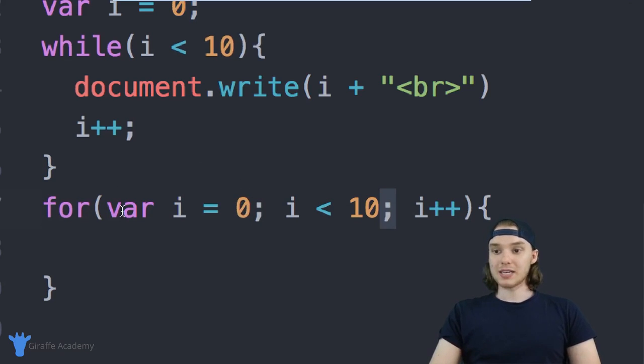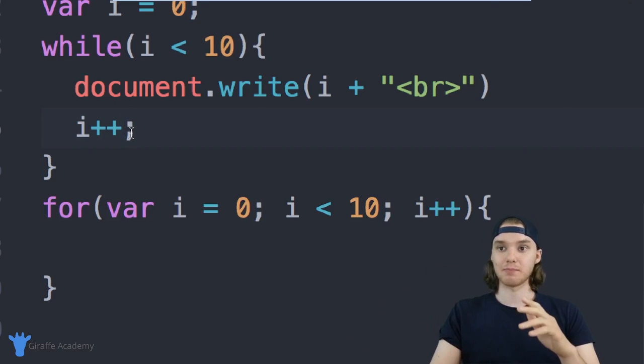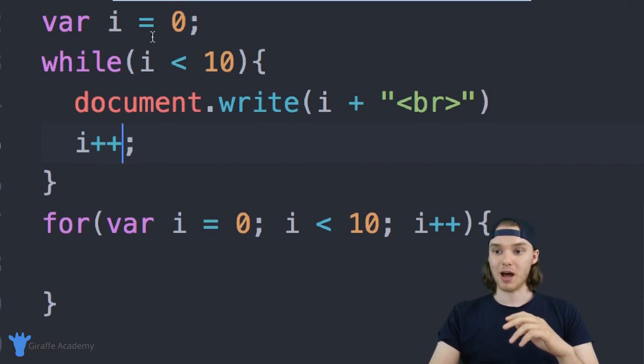So you can see this for loop is basically doing exactly what this while loop up here is doing. It's just the syntax and the way that you write it is a lot simpler. So I can take this variable and put it here, I can take the condition and put it here, and I can take this i++ and put it here. So it just saves me a lot of space and